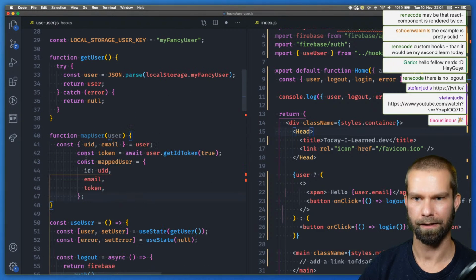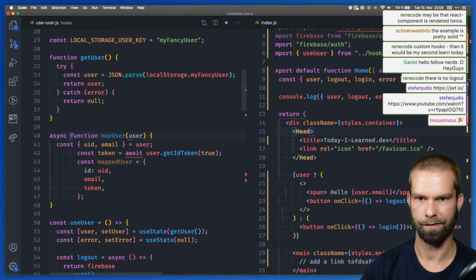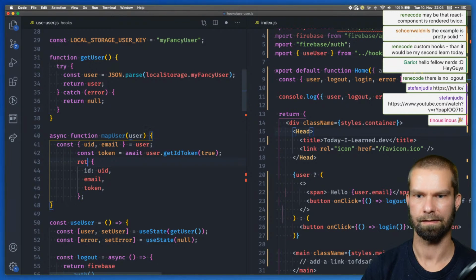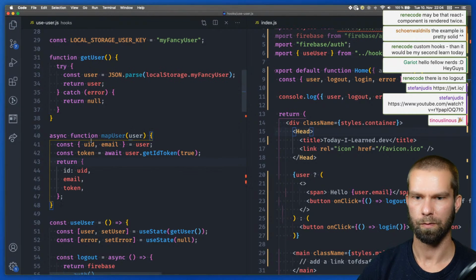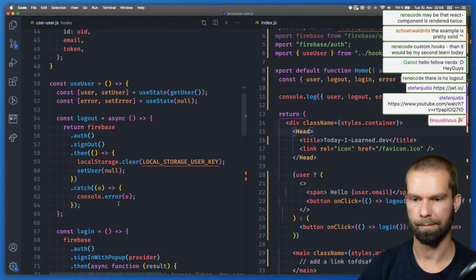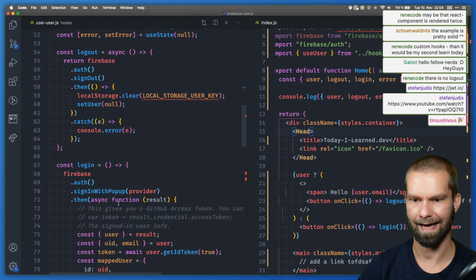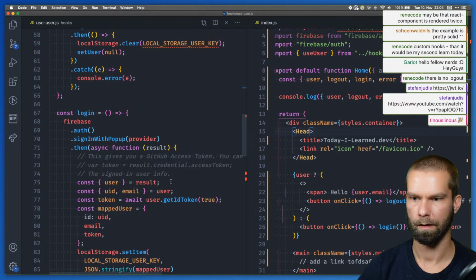So let's bring that one in. So get this from the user. This has to be an async function. Mapped user, and return this. Here we go. So with this, what we can do is we can call map user in the stuff that we had,